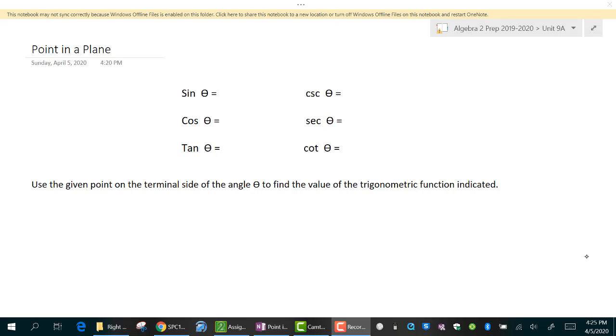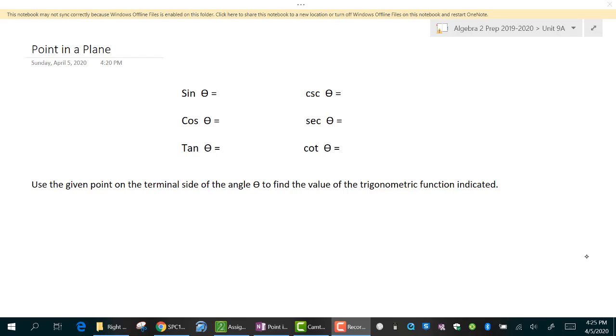Okay, so this week we're going to be talking about two concepts: point in a plane and reference angles. And then you'll see how all of this connects when we talk about the unit circle next week. Point in a plane is going to be going back to using our trig functions that we talked about a few weeks ago. So we're going to start by reviewing those, and then we're also going to add on